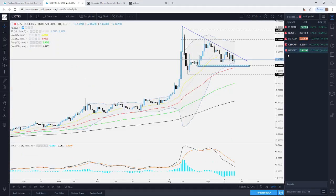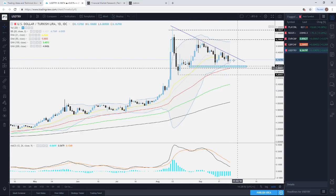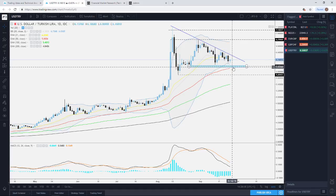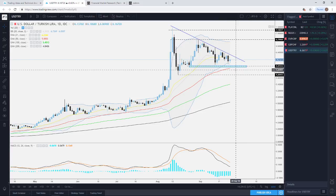And the last pair I really wanted to touch on quickly is USD Turkish Lira. Looking at this daily chart, as you can see, we've got a textbook formation here, a descending triangle. So currently it's trading within it, and before we make a move here, we need to wait for a break either through the lower side or the upper side. Now of course the textbooks always say that the likelihood of this formation is to break to the downside,